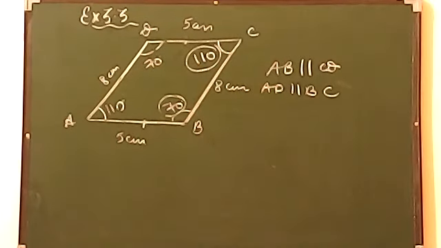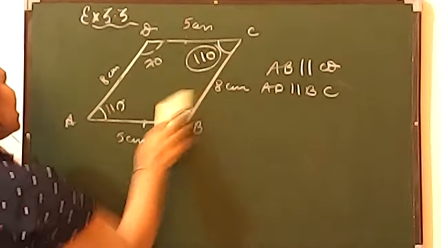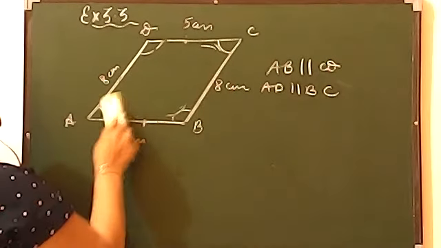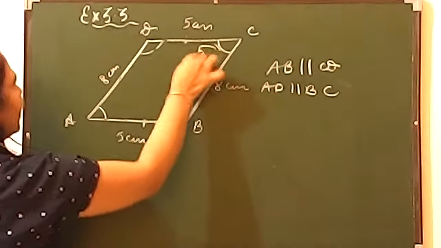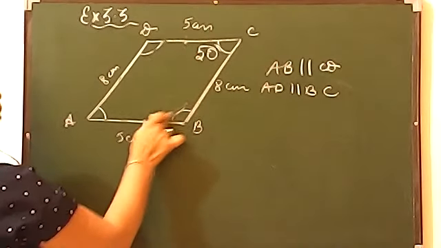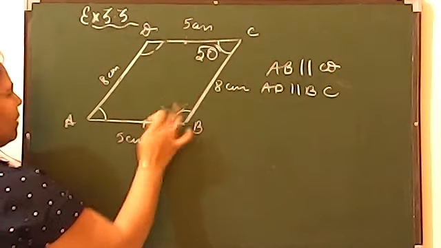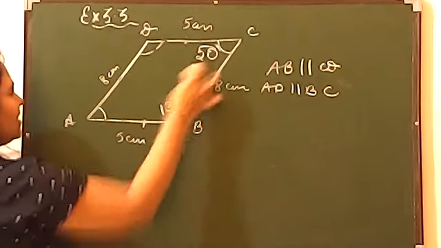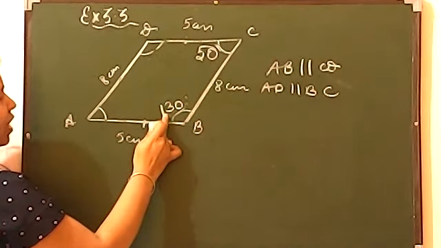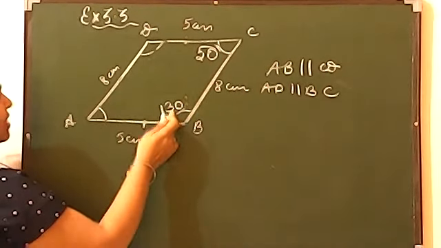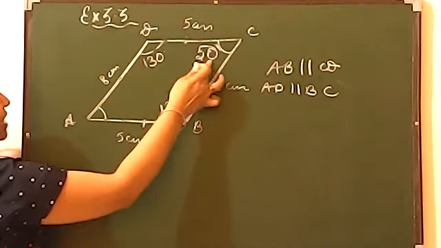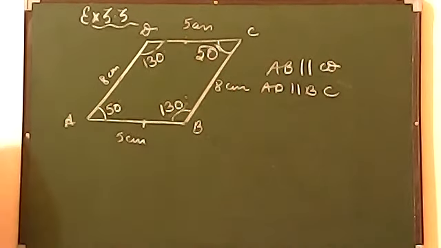So अगर मैं इस वाली प्रॉपर्टी को अप्लाई करूं, and if I ask you this question, can you please reply to me? Just a minute. If I am rubbing this and I am telling you this angle is of 50 degree, can you tell me what will be the measurement of this angle? Please guess it. Absolutely right. Very good. If this is 50, this will be 130. और याद रखो बेटा, आपको adjacent angle के फॉर्म में जैसे आप ये वाला एंगल निकालते हो ना, आपको सारे एंगल पता चल जाते हैं. See, this is 130, so this will also be 130. This is 50, so this will also be 50. So it means finding out the angles will be a very easy part in parallelogram.